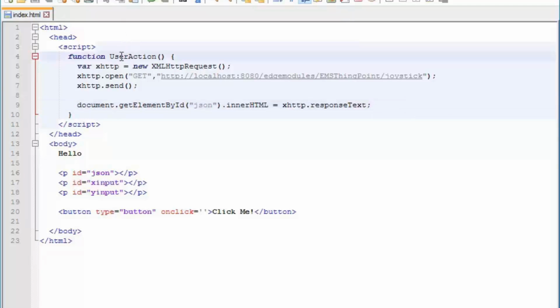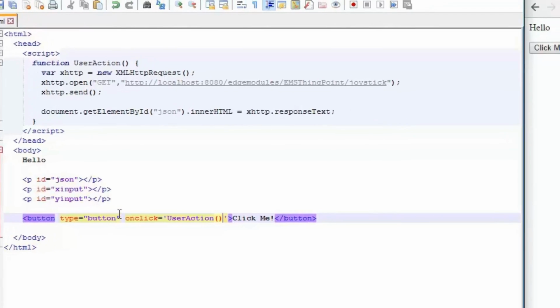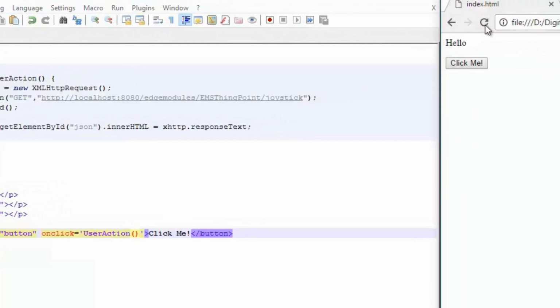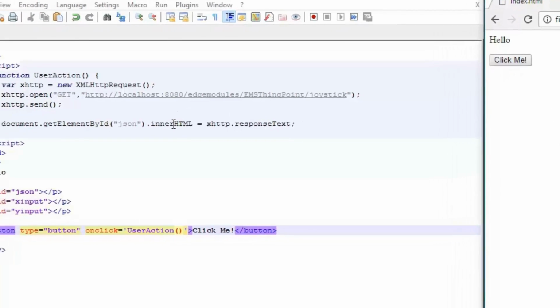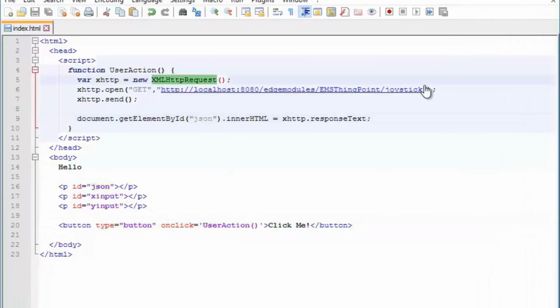Now in order for that method to be called, all we need to do is paste a call into the onClick event. So we're now going to call the user action, which should go off and call our endpoint and come back with some data. Let's give that a try. I'll refresh my page over here and click me, and we didn't get anything back, so let me check why that might be. I'm missing a parameter here,